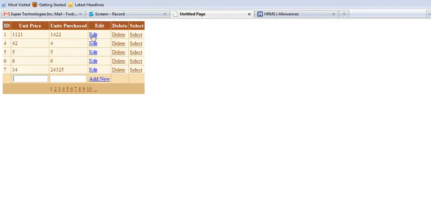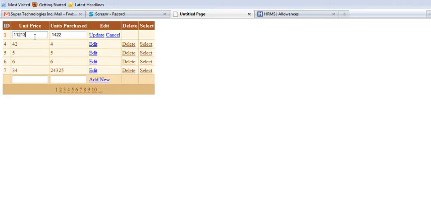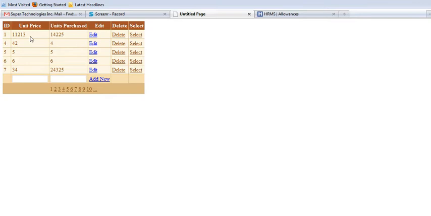If I want to edit the previous record, I'll click edit and then write any number, for example 3 over here and 5 over here, and then click on update. It will update the main record of the database. Let's see if it will add it or not. Let's say 23 and the price is 78, and click on add new. This new record is added and it will be showing in this grid as well.